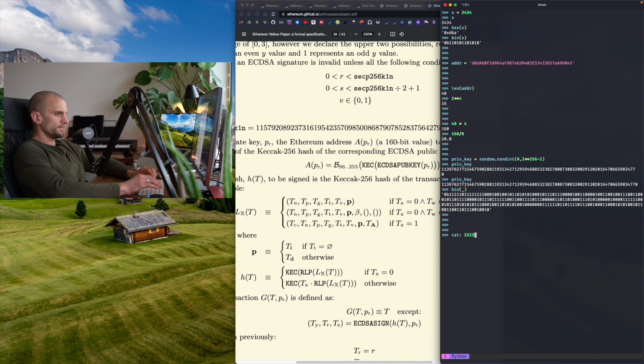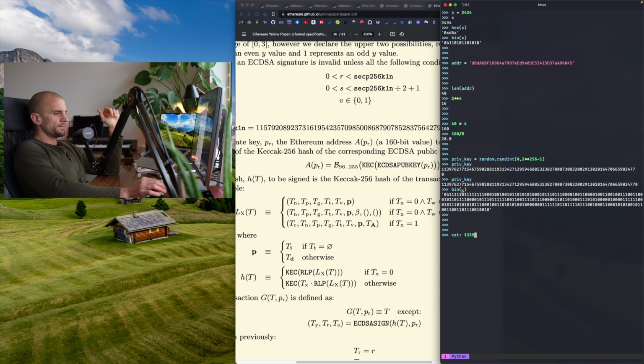So let's say we have this number, 1339, we'll just map that to cat. And you build up this big library with, in this case, like 10,000 common words, and you just map a value to each word. It doesn't really matter how you do the mapping. You can publish this mapping, this dictionary, widely. That's fine. And then you just generate the private key on the device,